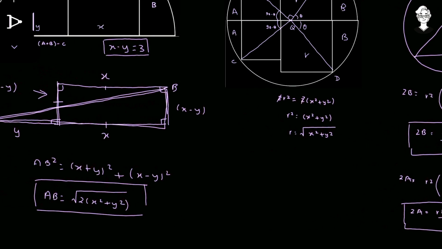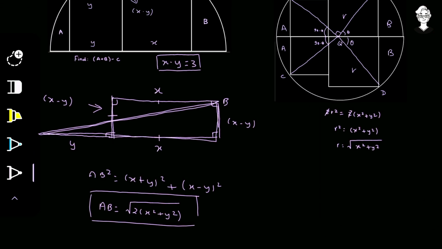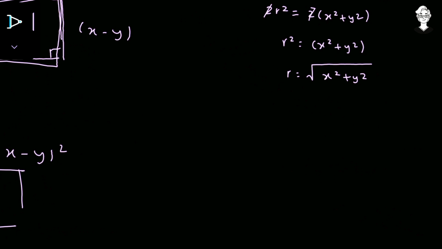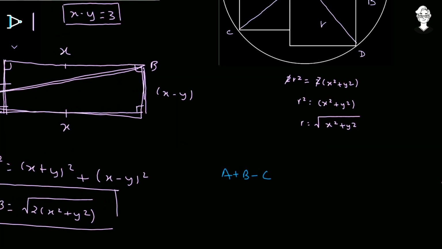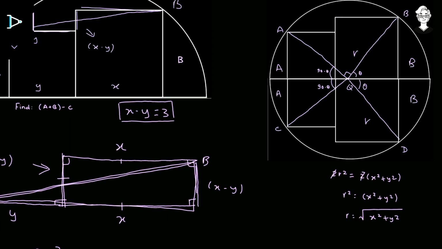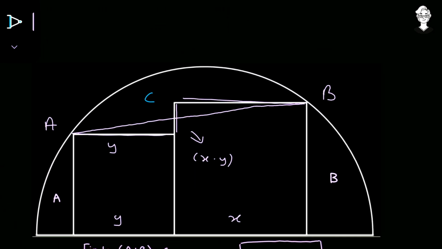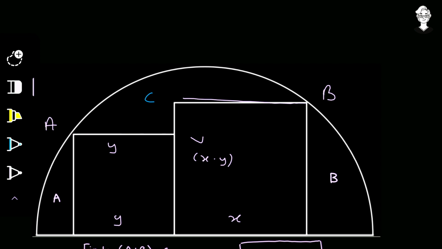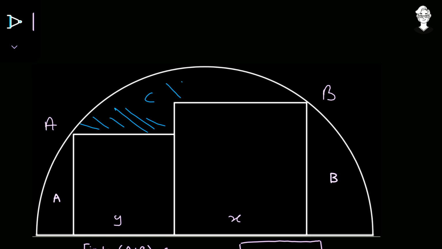So what we have to find is this particular thing, that is a plus b minus c. So I'm writing it down over there, a plus b minus c. Now a and b we have just calculated over here, 2 times a and 2 times b is there. We will just divide both the sides by 2 to get the value of a and b. But we have not calculated c. Now look in this particular diagram, c was considered this particular thing. I'm just removing these things from here. Okay, now c was considered this particular thing, that is over there.